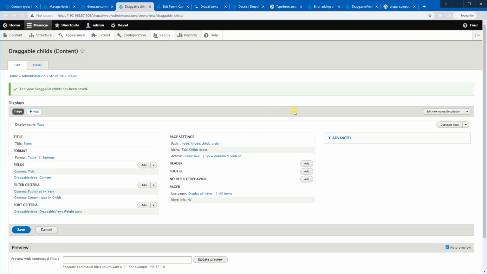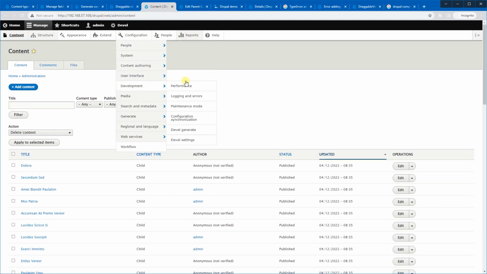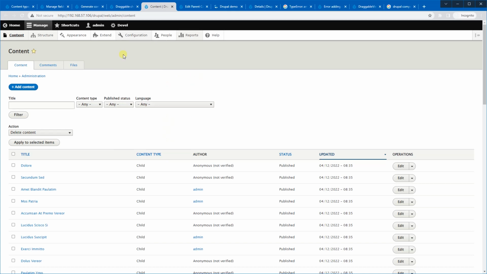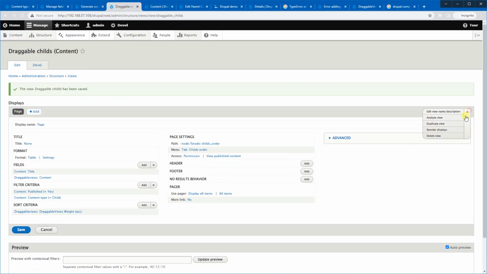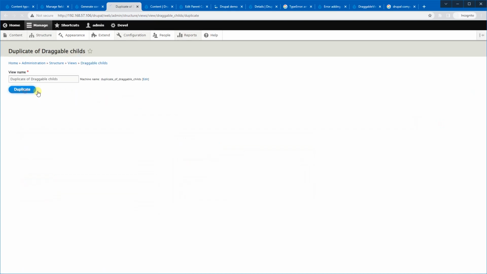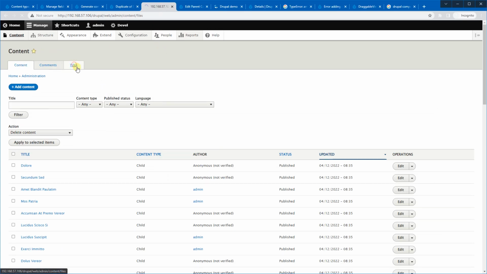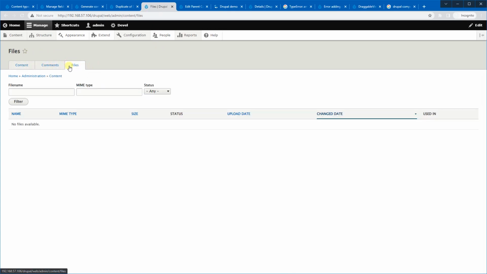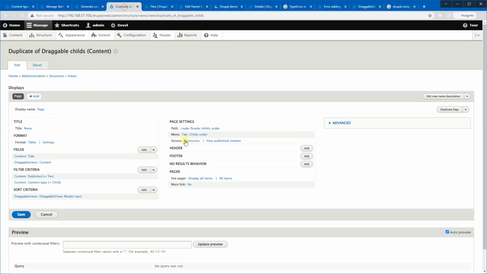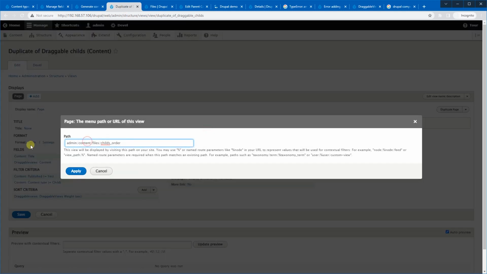There is another approach to how it can be done. We can display this drag and drop draggable view on the main content administration page. So let's duplicate our existing view. This time, because we would like to have it next to this files tab, you see the path is admin/content/files, so we will update our duplicated view with the path